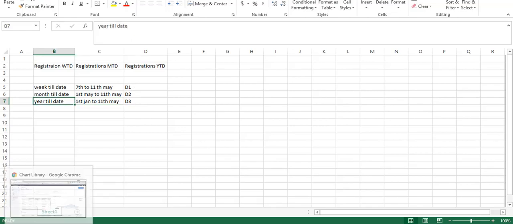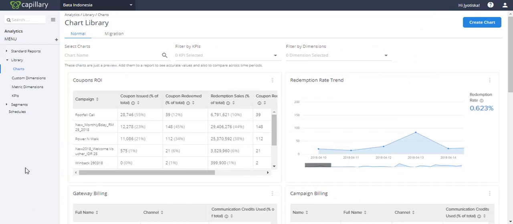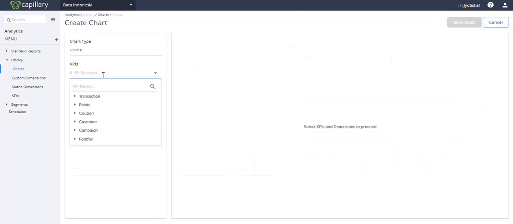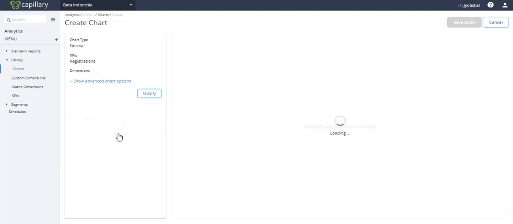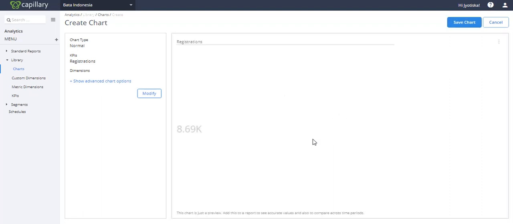So let's begin. I have already opened a brand on which I will be giving the demo. I'll go to create chart and I will take registration as an example. You can take any KPI that you want. At this point of time, if you simply apply, then this chart is a normal chart which is measuring registration across the last 30 days, because it's a preview chart. Once you make this chart and put it in a report, whatever date range you give on the top right side will be applicable for this chart. But that is not what we are trying to do now. We will be going for the advanced option.